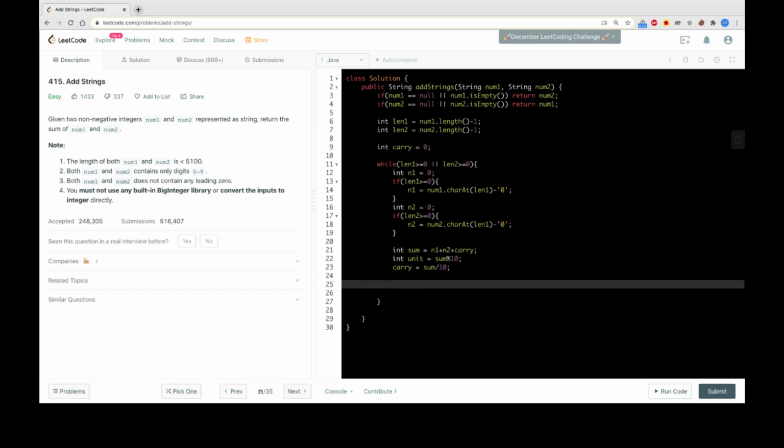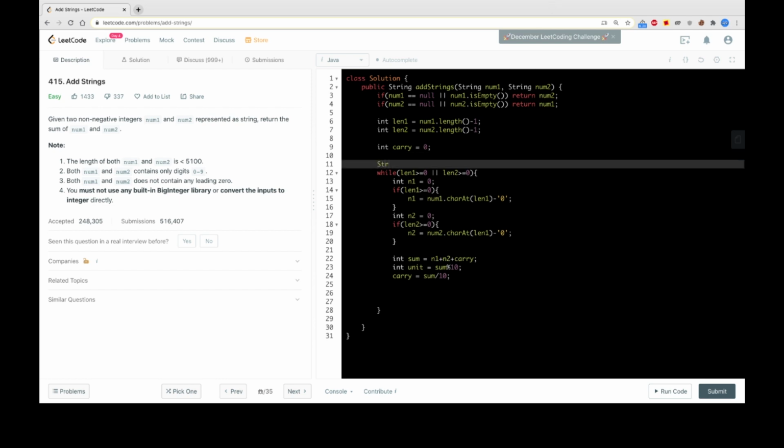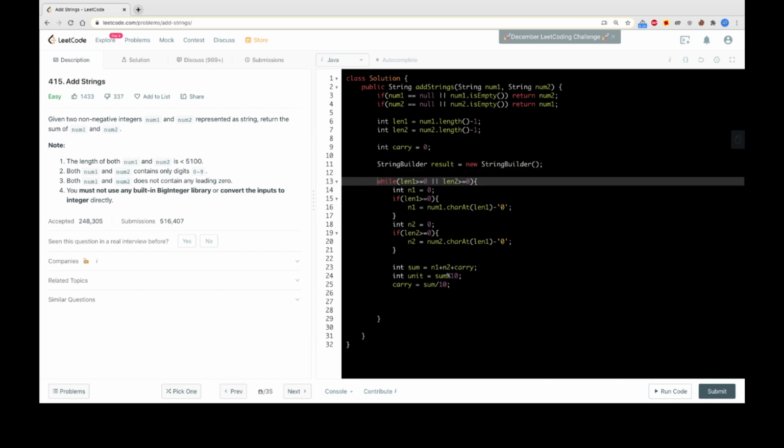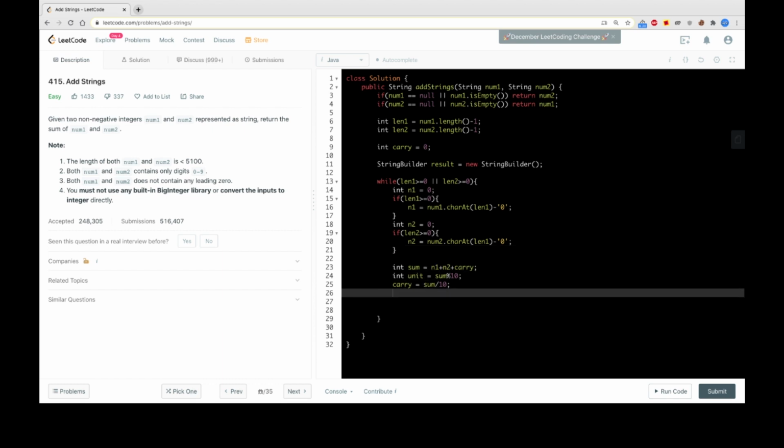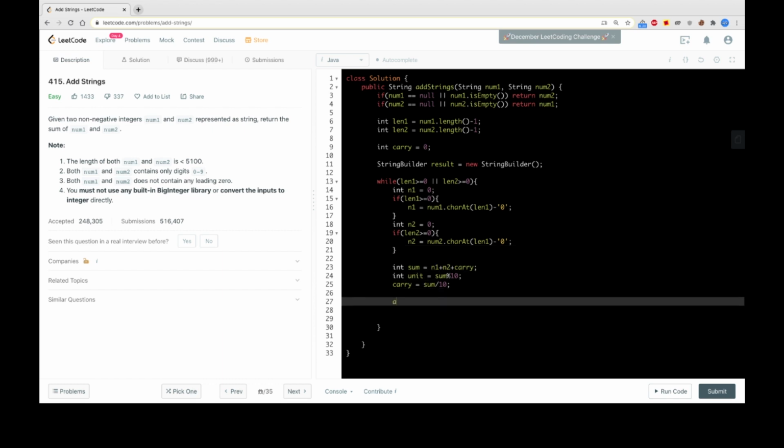And now we need to store this number so that we can form the returning string. So we can have a StringBuilder that we call result, and we will be appending all the results into this. Now as we have a unit digit, we can simply append it to our result,